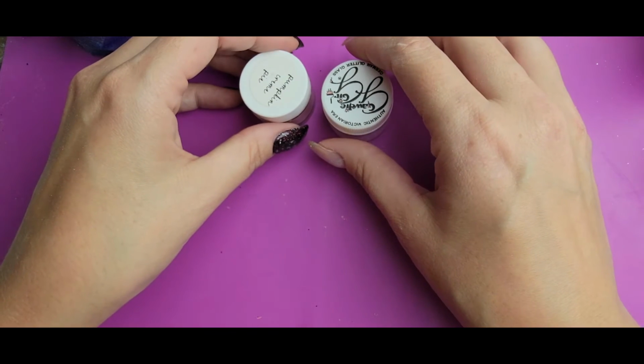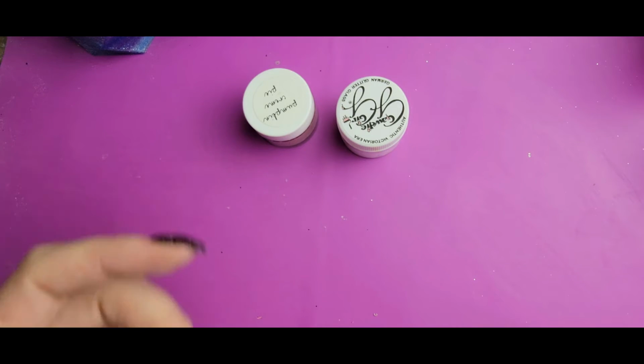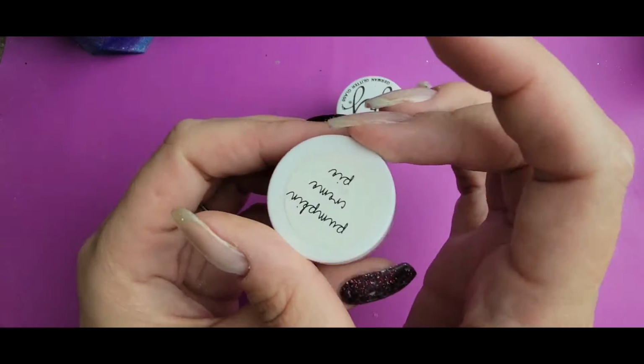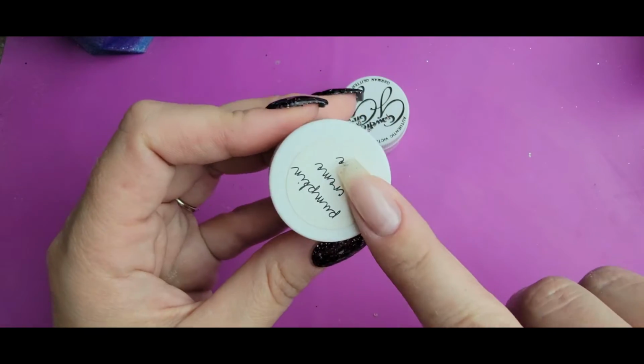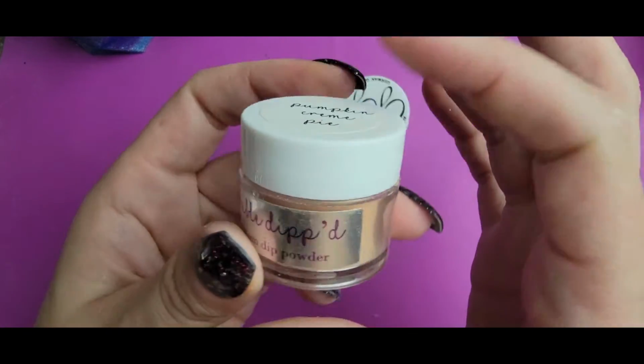I was a little concerned when it came to Topaz because it is very yellow. It's not a really popular kind of color scheme, but I think it came out really cool, and I'm gonna like it. So for my regular nail color, for the normal nails, I'm gonna be using Pumpkin Cream Pie from